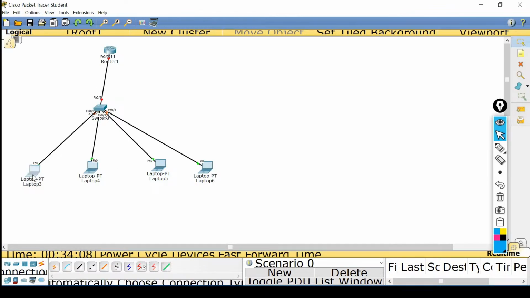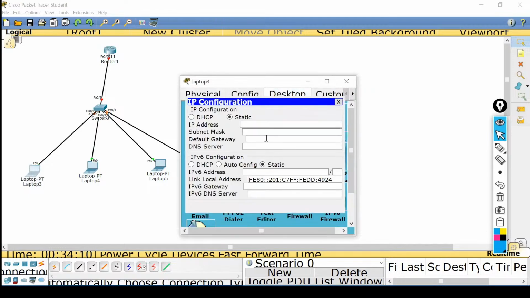Right now, if you open this PC, they don't have any IP configuration. This one is static by default. You can put DHCP as well.